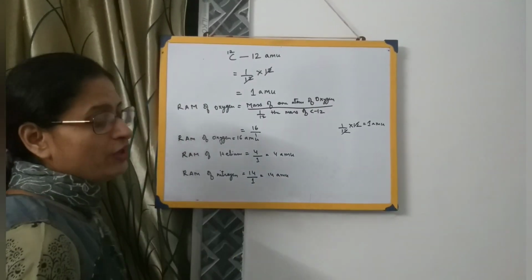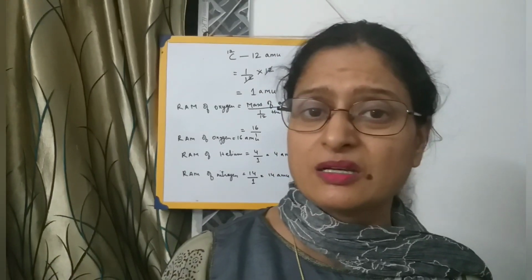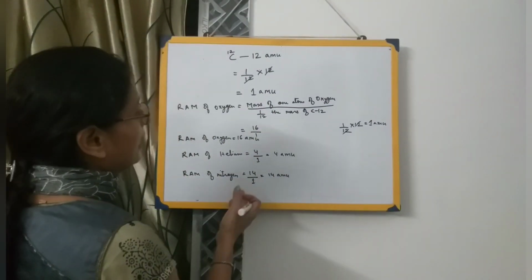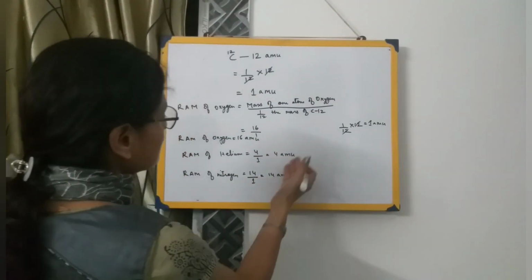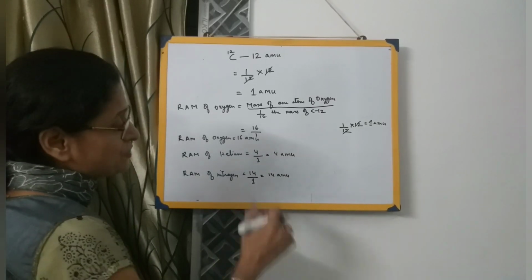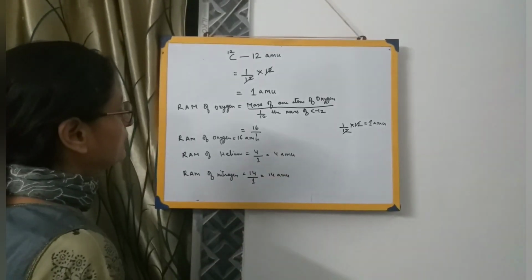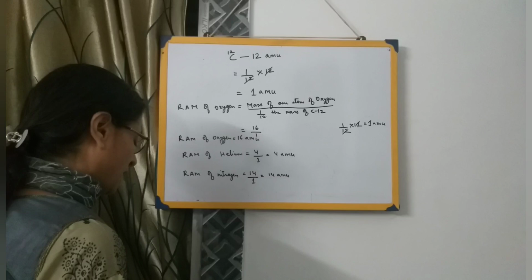Look here, once again I tell you, if some quantity is very big, we can take our physical balance and measure the mass. But atoms are so small that you cannot take a physical balance or a weighing machine and find out their mass. So instead, we are just comparing the mass of these atoms with the mass of carbon 12, and that is how we are getting the relative atomic masses of certain elements. In this way, relative atomic masses of all the other elements were compared, and hence we got the relative atomic masses of all the other elements.